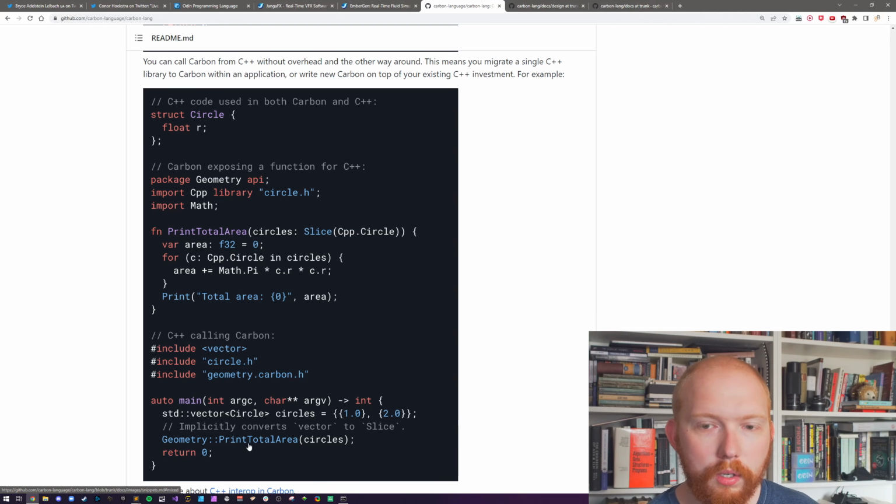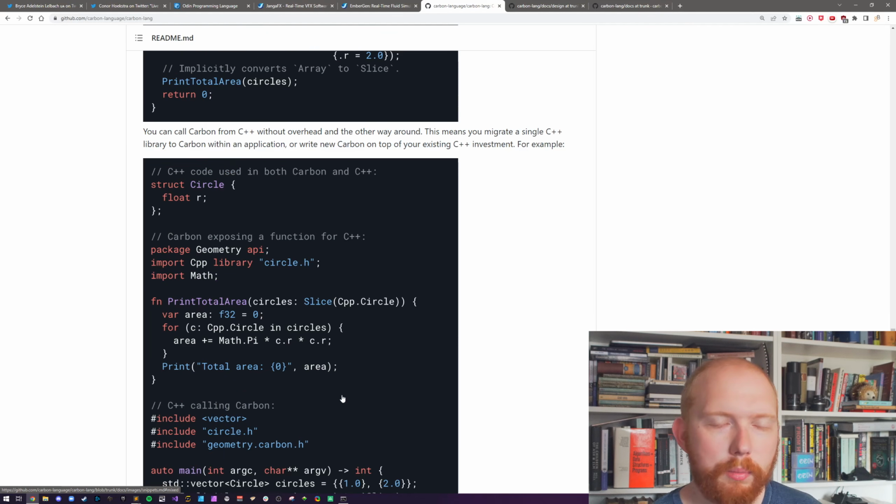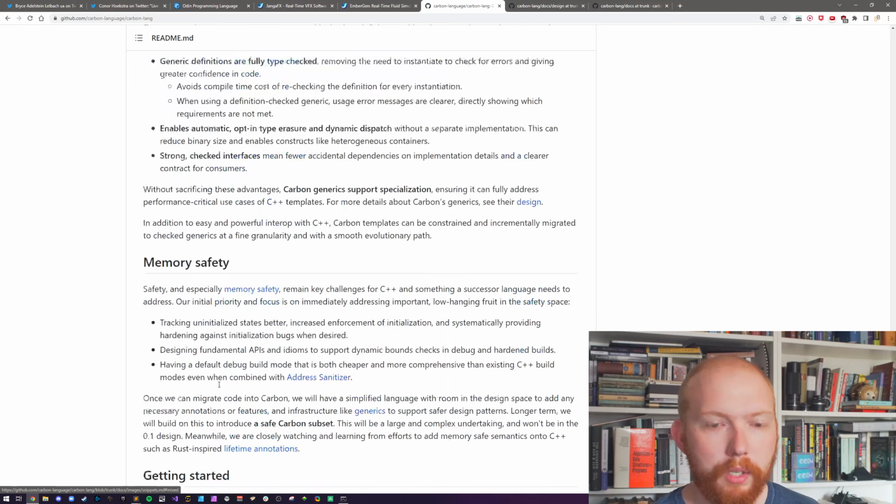And one interesting caveat that I'm wondering about is how they're going between the two. I bet they've already got some built-in conversion things to make a lot of it simpler at the Carbon level to get the interface correct. And they've probably, I might be wrong, tried to keep stuff like the array and slice similar enough that they can do the conversions between, like, span and vector. Of course, vector has many other things in it, which is not necessarily what you want. So those are the general things.